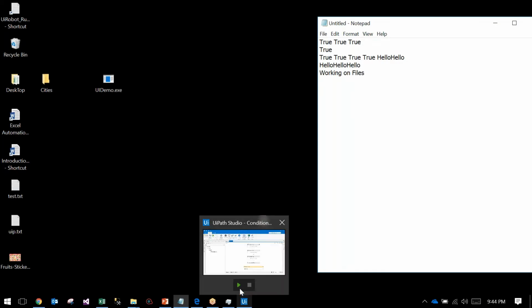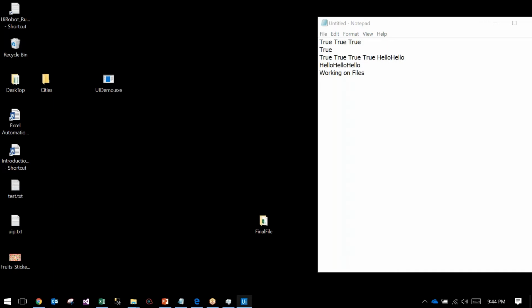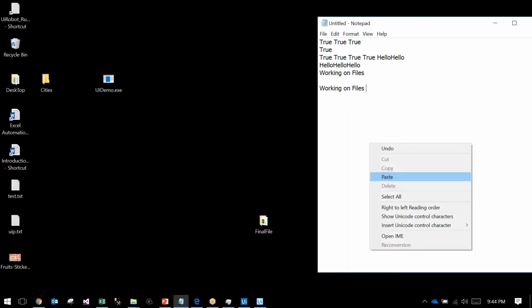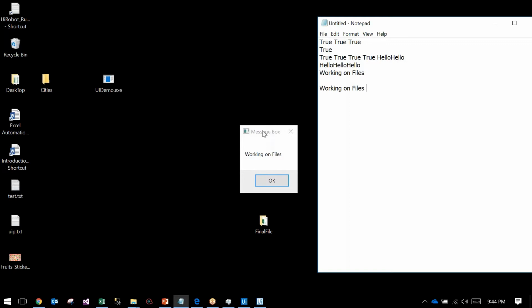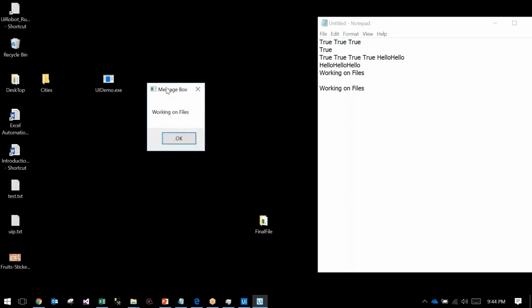So the same thing, if I run from UiPath, it will get the text data from the clipboard and display. See, this is the clipboard text.